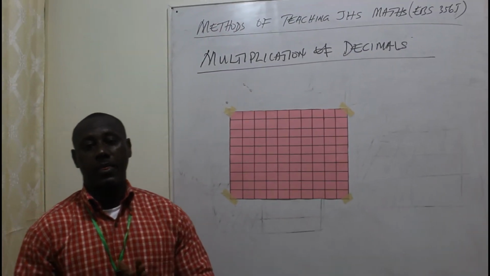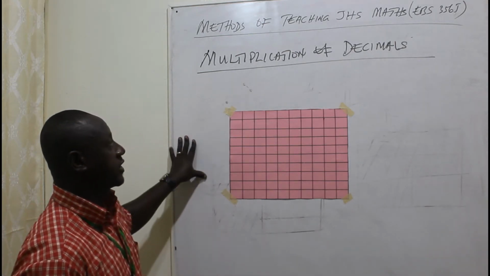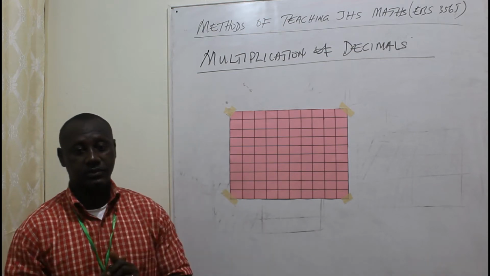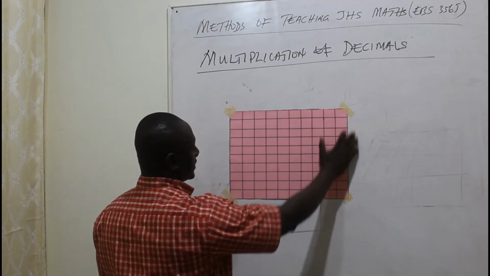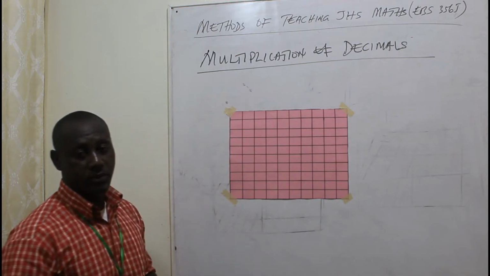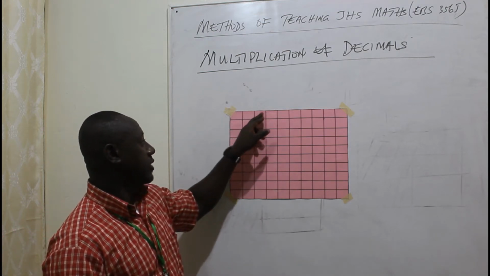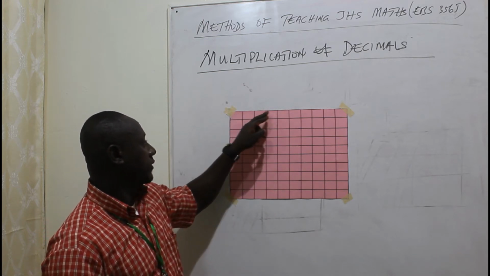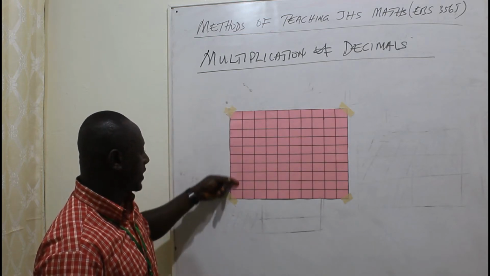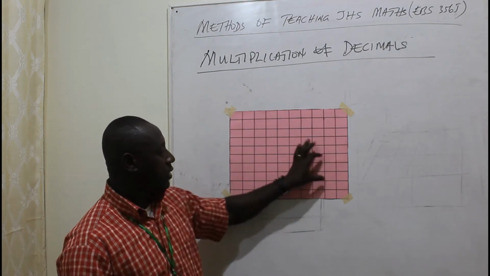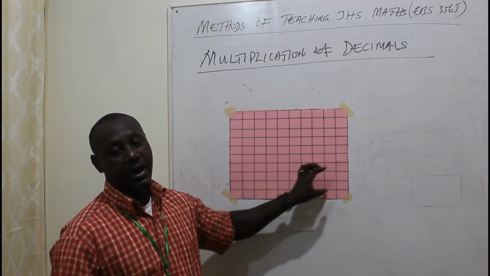Now, we want to continue from the division of fractions and also talk about multiplication of decimals. For decimals, we're going to take this whole sheet of paper and divide it into 10 equal parts. 1, 2, 3, 4, 5, 6, 7, 8, 9, 10. Then we divide this side into 10 equal parts. So in all, if this side is 10 and this side is also 10, we're going to have 100 of